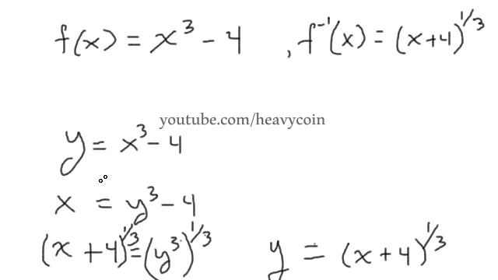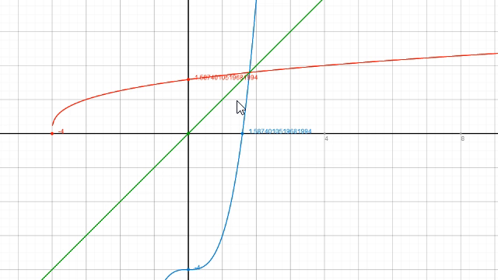Now let's graph those and see what we got. This is the line y is equal to x. This line right here is x cubed minus 4, and this line right here is x plus 4 raised to the 1/3 power. So look at this bilateral symmetry that we have here. We can tell just by looking at the graph that